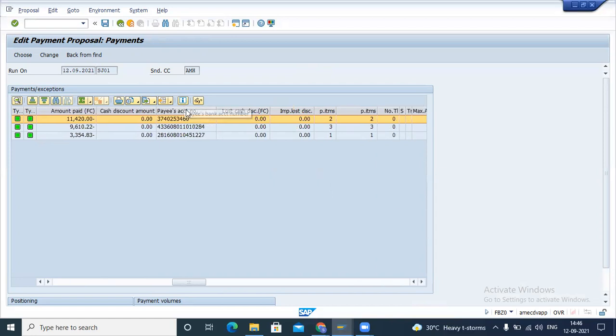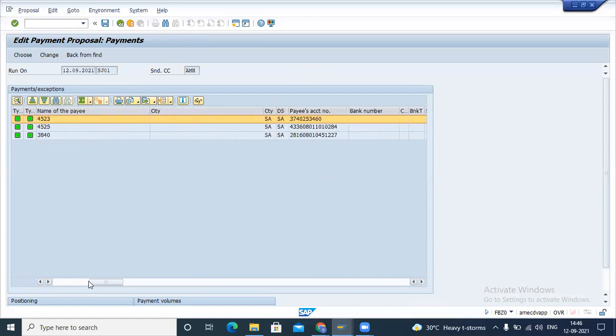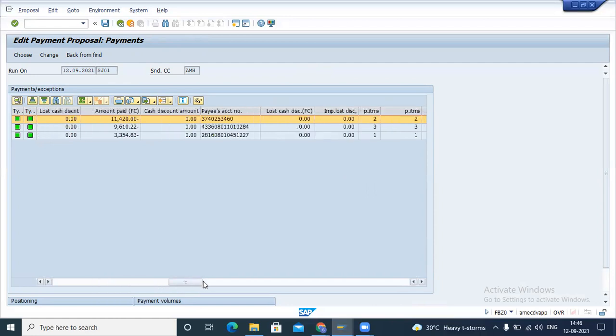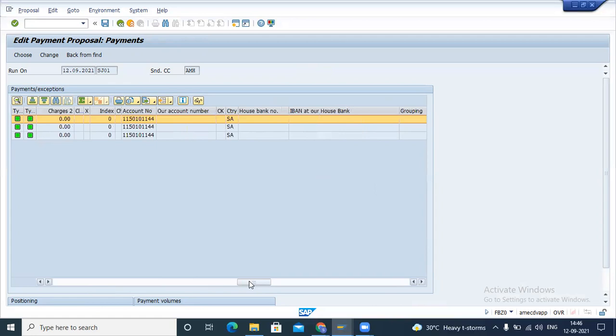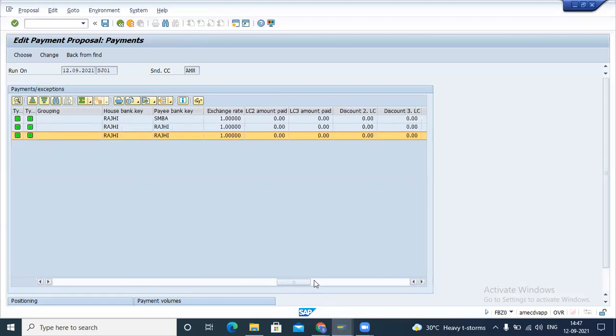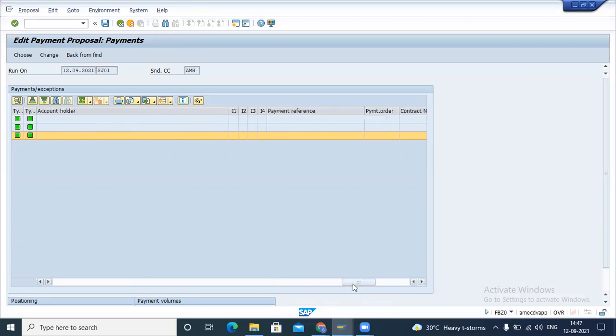This is the payee account number, not our account number. Our account number will come later. This is our account, this is our GL number, which will get credited while doing the vendor payment. So all this information will come here.